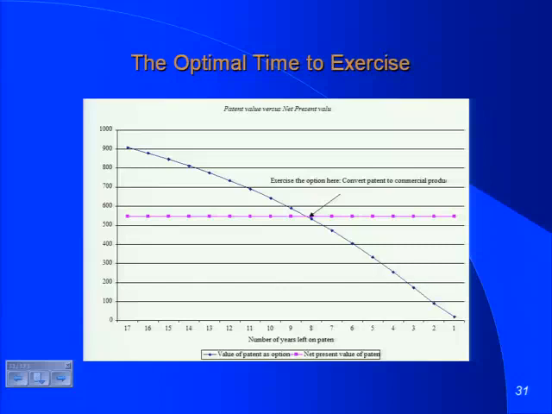What do I assume here? For 17 years, I'm the only game in town, right? Is that true, though? What does a patent give you the right to do? To develop this drug for MS for the next 17 years. It doesn't say you're the only person working on MS drugs. What if I told you that Upjohn has a drug to treat MS that's working its way through the pipeline that's going to hit in 4 years? What's your cost of delay then? You really have 4 years of protection. Your cost of delay is 1/4. You plug in 1/4. You know what's going to happen to the value of your option? It's going to completely dissipate. I'll tell you something.